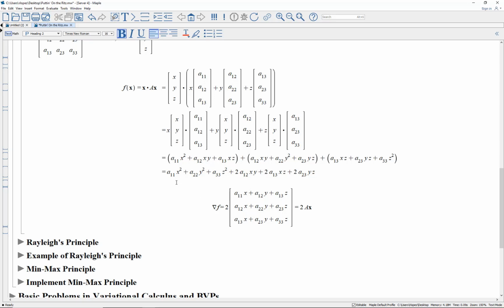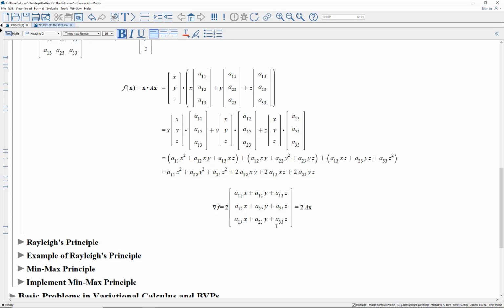So when you take the gradient, what's going to happen? You differentiate first with respect to x. So you're going to get a 2 a11 x. So here's the 2 out front, a11 x. You're going to pick up an x here, so it's 2 a12 y. And from here, you'll get 2 a13 z. Then you differentiate with respect to y, so you get this term first here, a22 y from here. Then when you differentiate this term, you pick up the a12 x, and when you differentiate this term, you get a23 z,